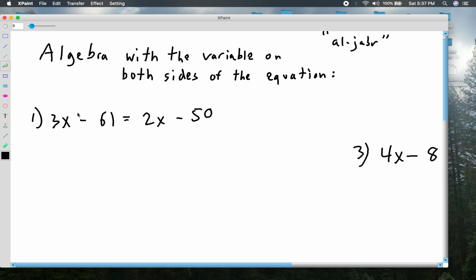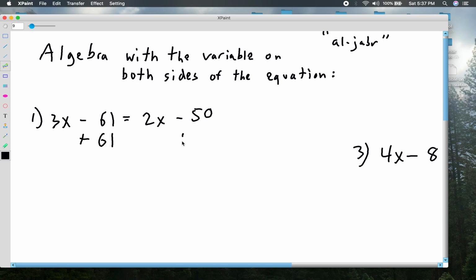So if you see here, I've got an x on this side and x on this side, but I got numbers on both sides too. And I remember Miss Carroll saying that oftentimes you want to work with what's farthest away from x first. And I'm going to do that here with the 61. So I'm going to do plus